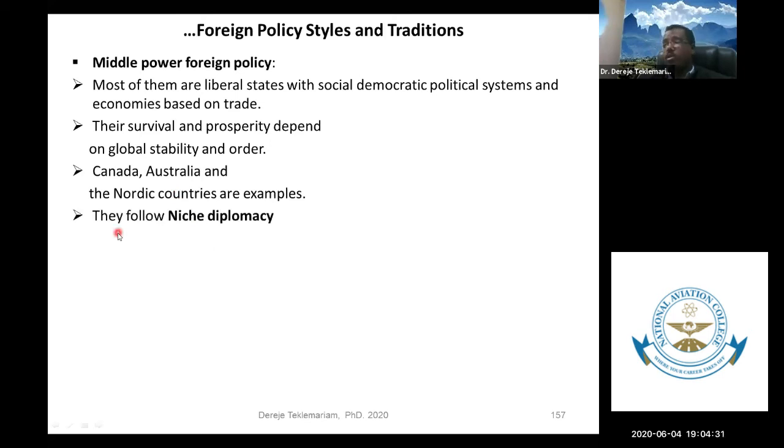And normally they follow a niche diplomacy. A niche means something in between the high powers and the low powers. Niche diplomacy is, for example, something that is not touched by great powers, so they really touch it. For example, the great powers may focus on global security and global terrorism, and the liberalization of markets. These are liberalization of market issues, and the global security issues like global terrorism are where the bigger powers focus. But in between, what is there?